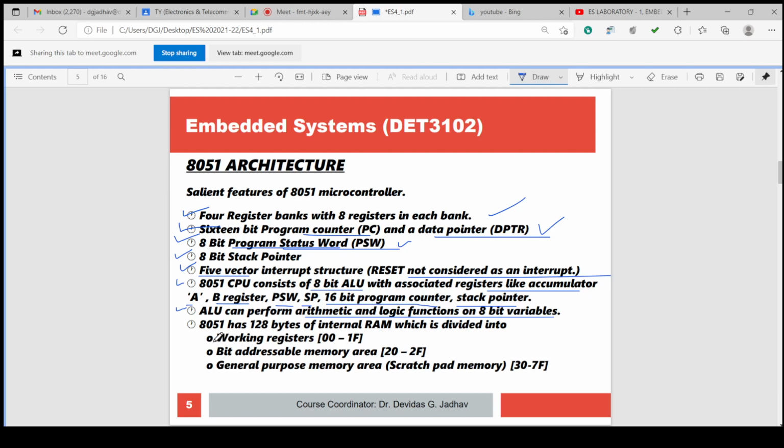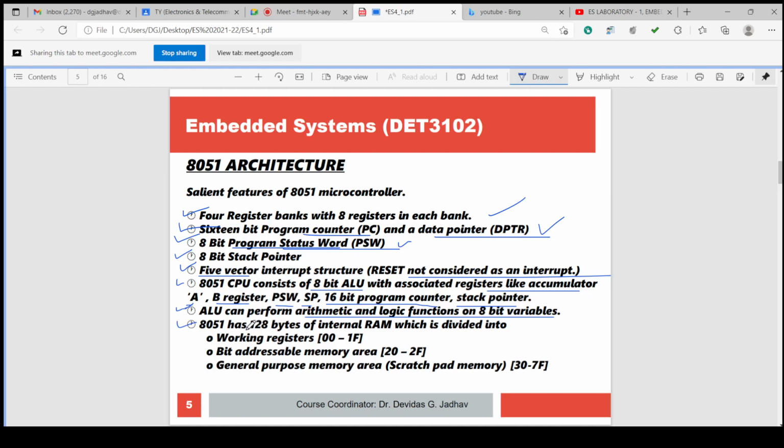Arithmetic functions are addition, subtraction, multiplication, division. Logical means yes or no, 1 or 0, true or false operations, whether the logic is true or false.